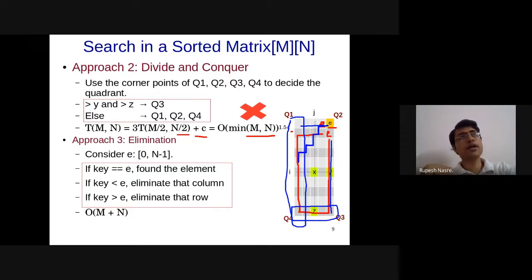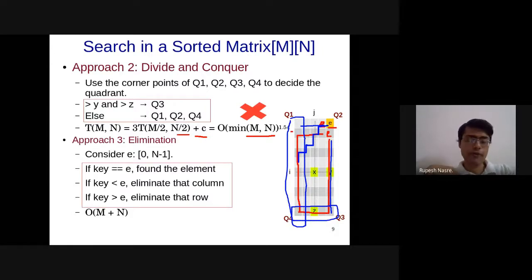So which means that currently we are saying that it is m plus n. In that case, it will be maximum of m, n plus log of maximum of m, n. Is that correct?